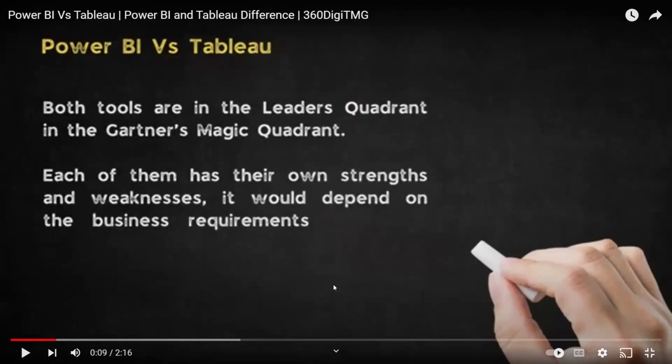Both the tools are good enough to connect to and also to handle large data sets. Both of them can connect with even big data. So they are pretty good in their own way. Power BI may not be as efficient as Tableau to handle large data sets. Ananya, when it comes to handling large data sets and big data, Tableau is better than Power BI. Rest of the features, both are pretty much the same.